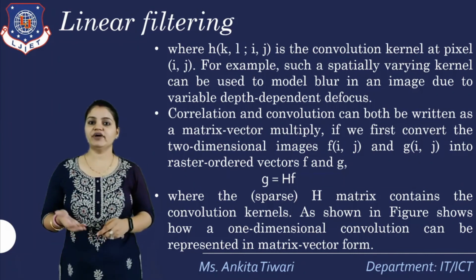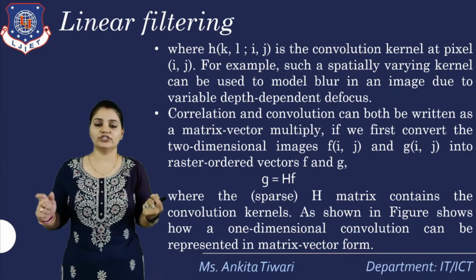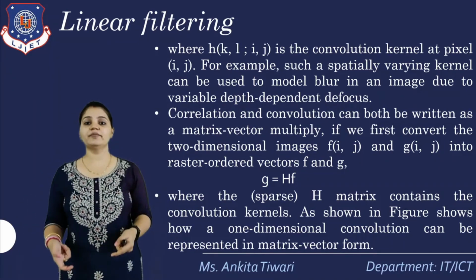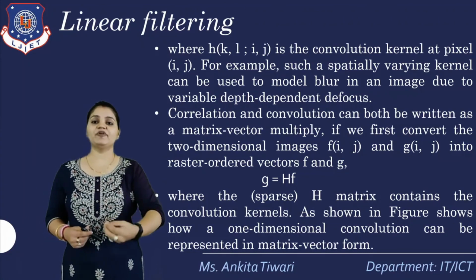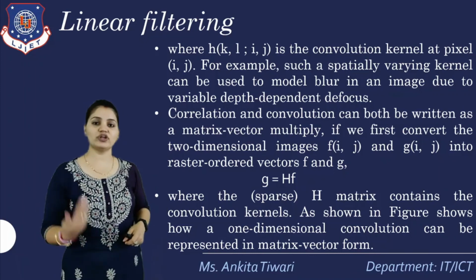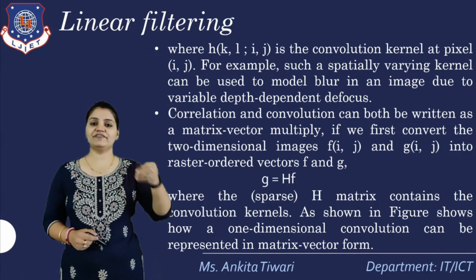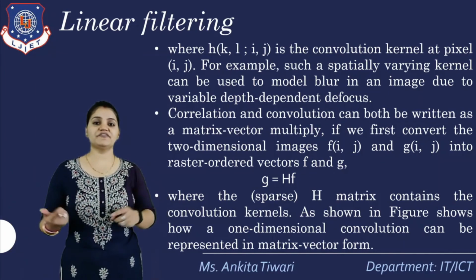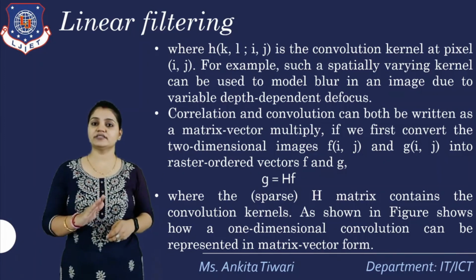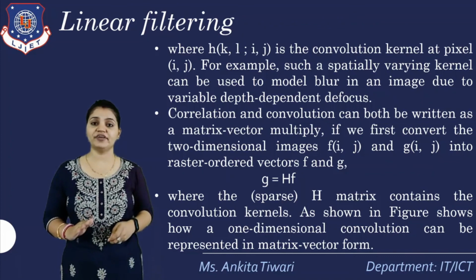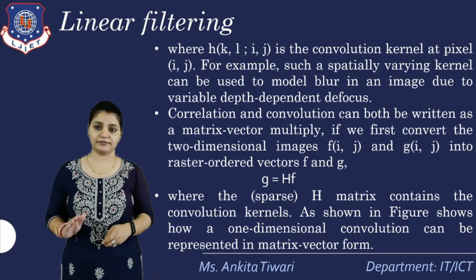We have also defined it in one dimension. Why did we take one dimensional? Because I have shown you an example of one dimensional convolution, already represented in one dimensional form. We can also represent that in two dimensional convolution as well. The example taken is one dimensional convolution, defined by the formula G equals HF, and we need to keep in mind that G equals HF is the form of linear filtering whenever we talk about the filtering part.